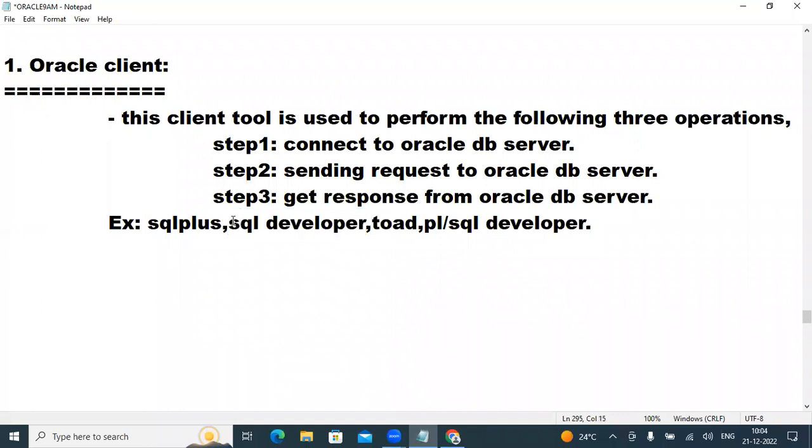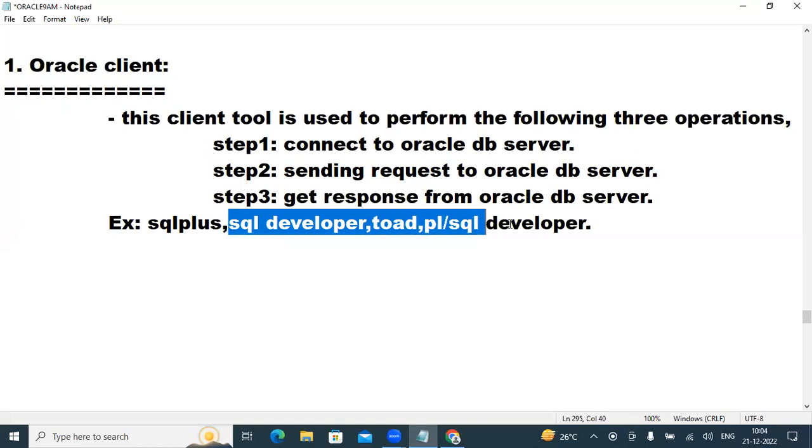SQL developers in real time mostly prefer... why, sir? Because SQL Plus is very tough. Here there is no code; everything you should write manually. So you should write everything manually, which means you should have good skills. Only those people will dare to use SQL Plus. Those who do not have good skills prefer these other tools,